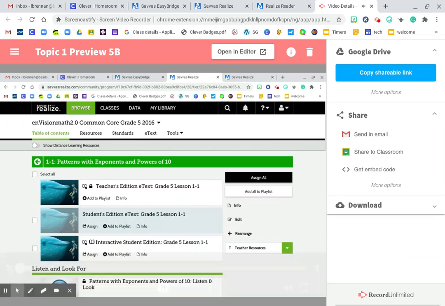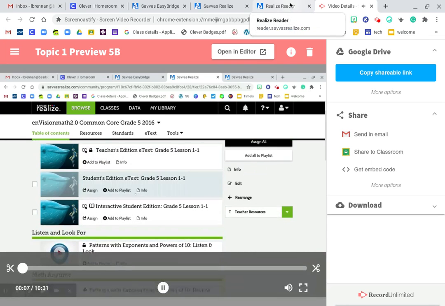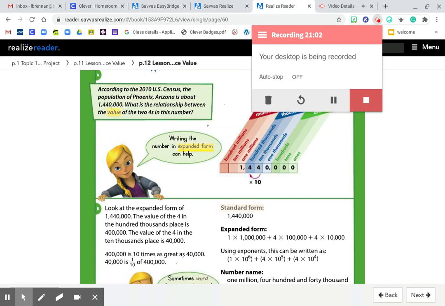All right, when you open up your Savvas Realize for topic 1, you have the choice of going into the student e-text or the interactive student edition. The student e-text is just a copy of your book. The student interactive edition is where you can actually